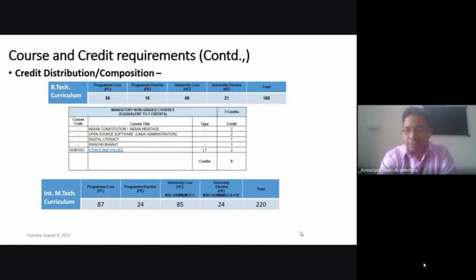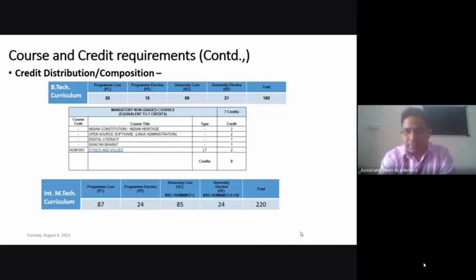Under university elective, we have a 6 credit requirement for natural science elective, 9 credits for humanity and management elective, and 6 credits for open elective. This is the further division of 21 credits. Similarly, for the 69 credits of university core, you will have a requirement for natural science core and humanity and management core.